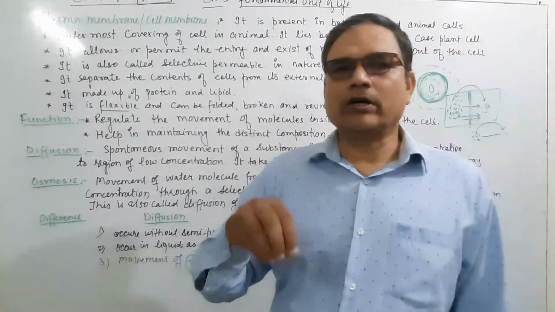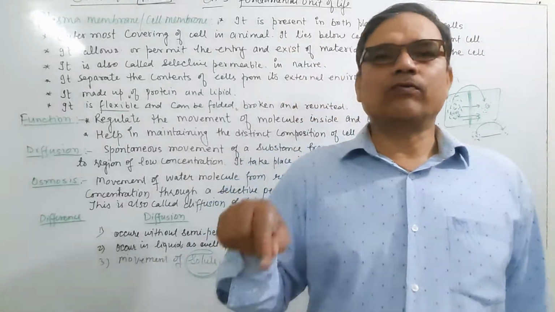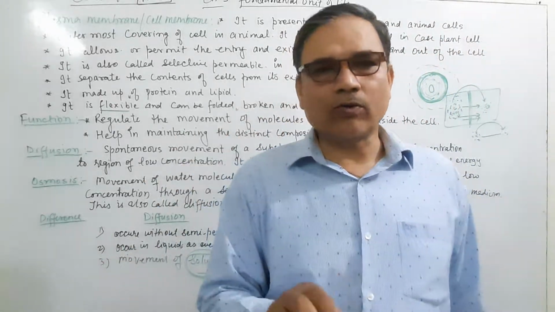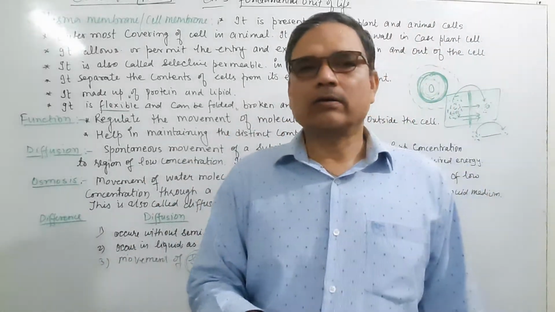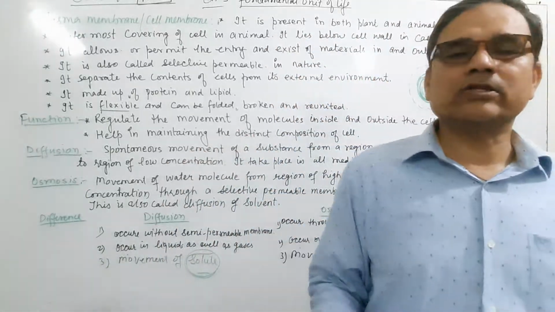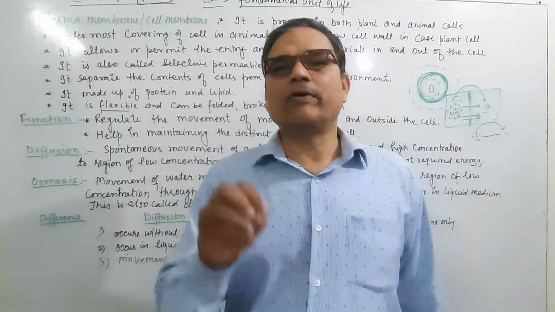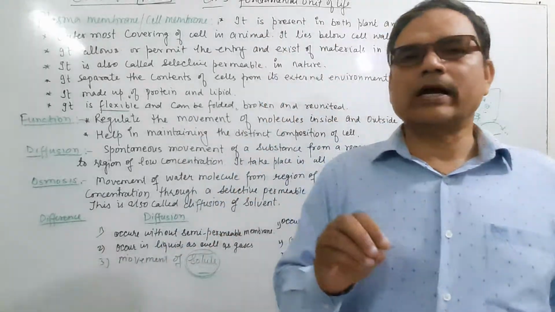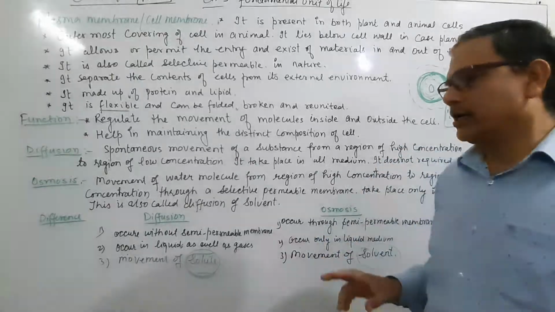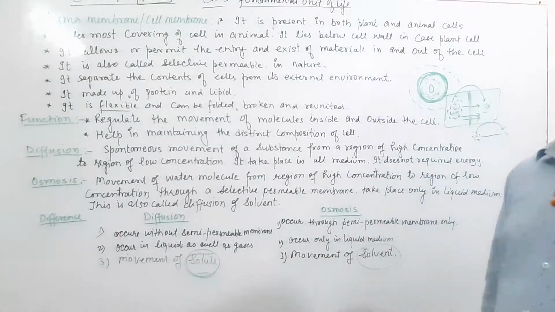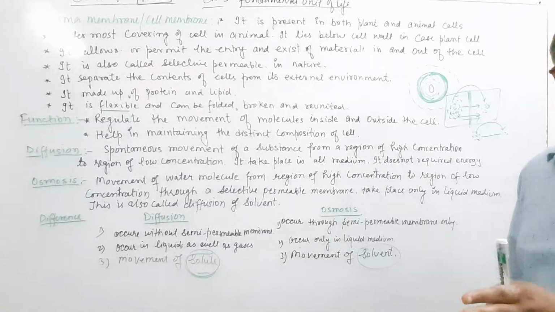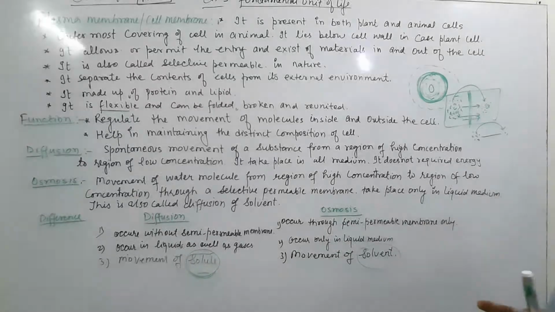If we add sugar in water, sugar dissolves in water, so sugar is the solute, present in small quantity, and water in which sugar is dissolved, present in large quantity, is the solvent. Water is solvent, sugar is solute, and when mixed they form a solution, which has two components, solute and solvent.